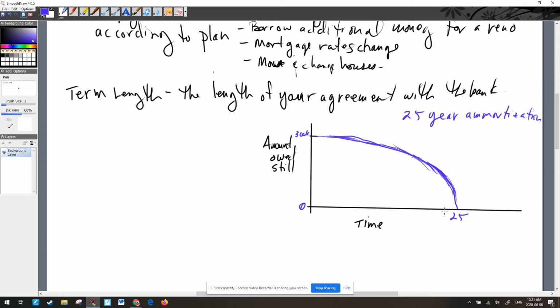But thing is that you don't negotiate with the bank for that length of time. Normally, most people negotiate in 5-year chunks. So, there's 5 years, there's 10 years, there's 15 years, and there's 20 years. They didn't do a great job of making that linear. Nevertheless, at your first mortgage, you borrow $300,000. After 5 years, you might still owe like $285,000 because you paid a buttload of interest.